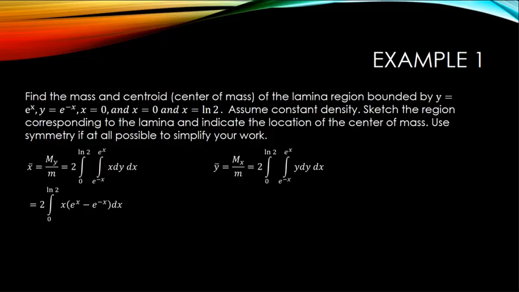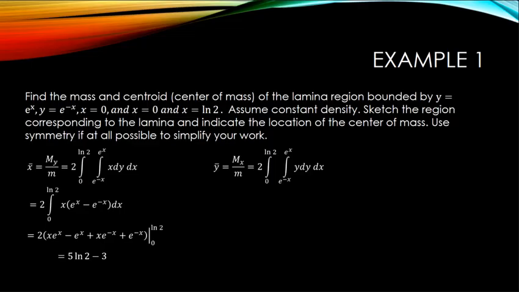For x bar, I get 2 times the integral from 0 to the natural log of 2 of x times the quantity e to the x minus e to the negative x dx. This becomes 2 times x e to the x minus e to the x plus x e to the negative x plus e to the negative x, evaluated from 0 to the natural log of 2. I plug in those limits of integration and simplify, and I get 5 times the natural log of 2 minus